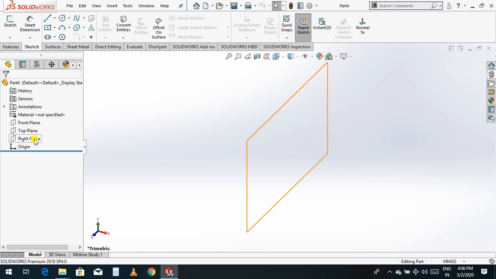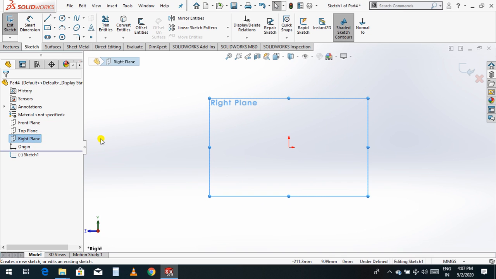So I'll choose the right plane, select the right plane, sketch normal. Now I will choose the spline, select the spline and draw like this.